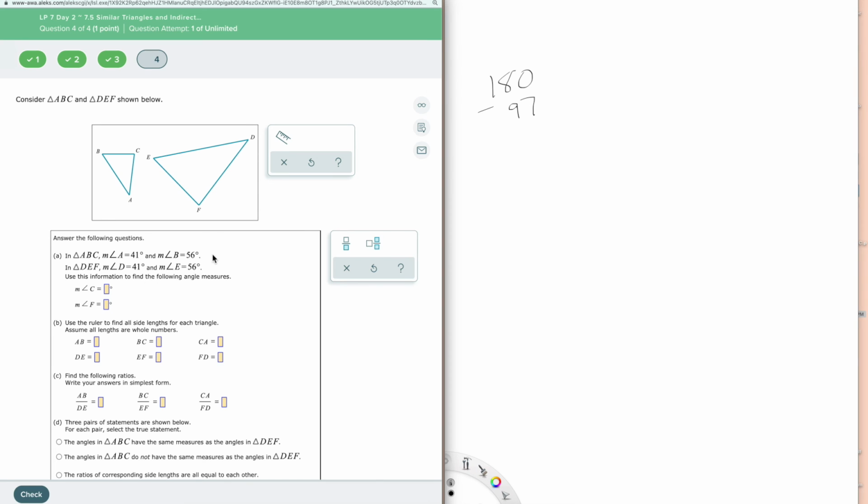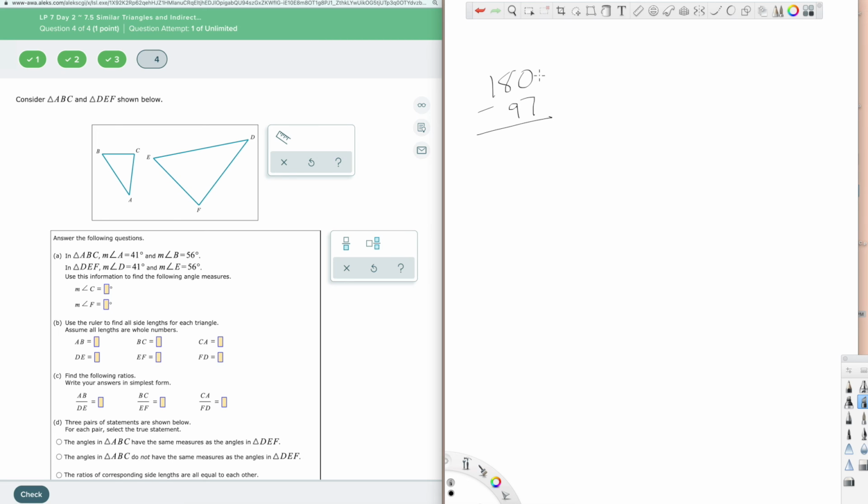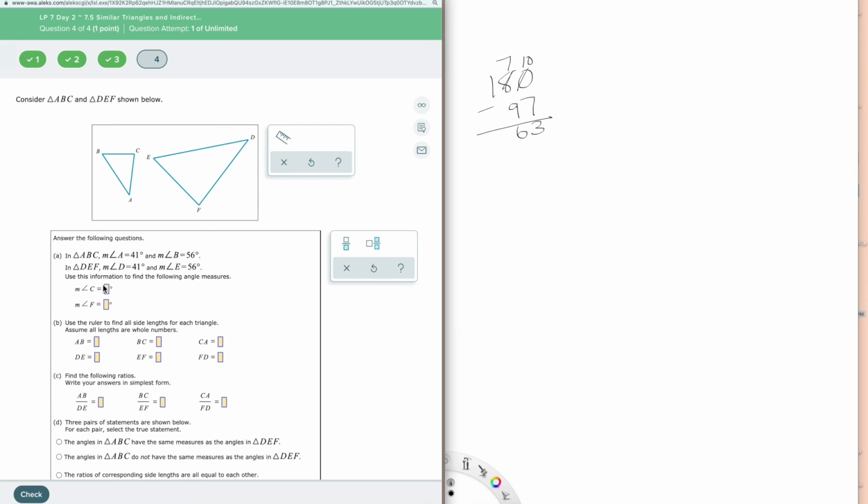So I'm using 97 degrees of the 180 that I have available to me. So I'm going to subtract, so I have to borrow again here. So this would be 63. So 63 degrees for angle C,